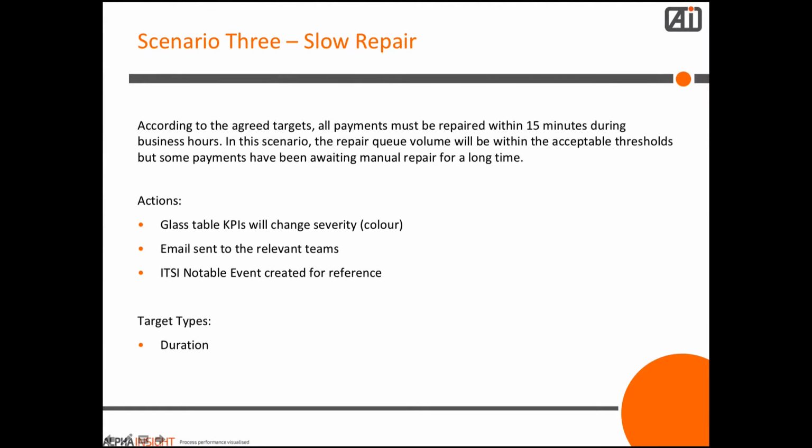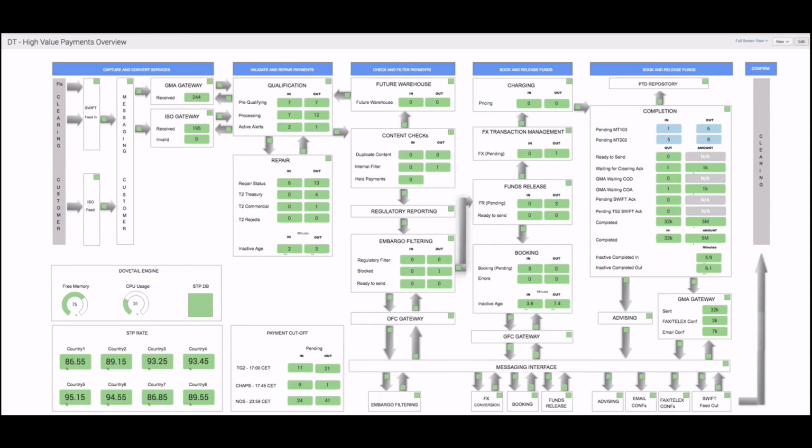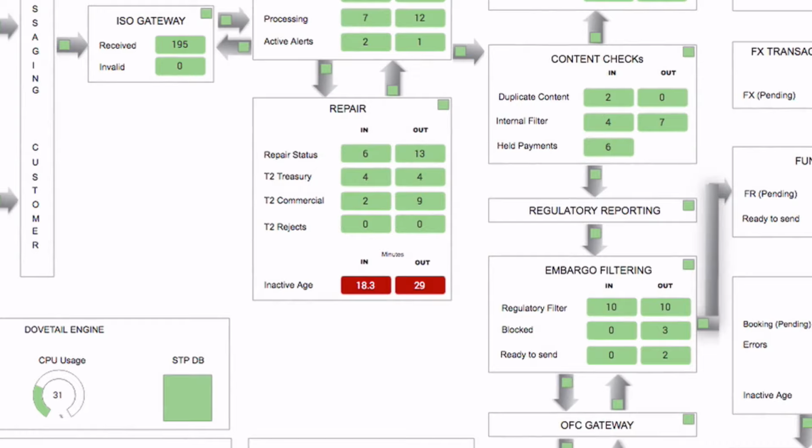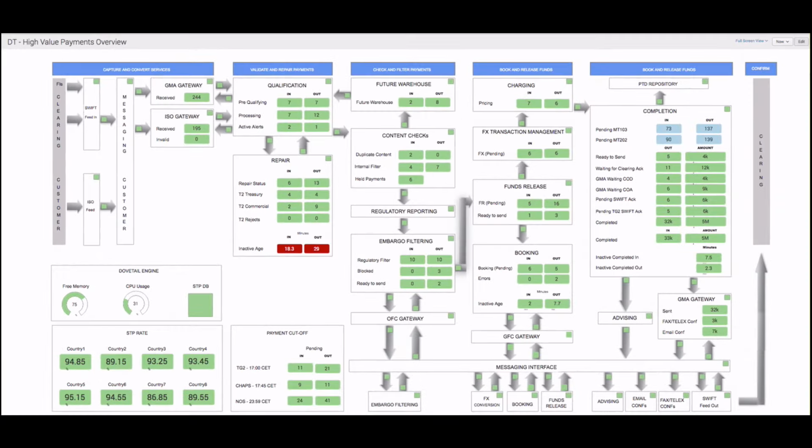Scenario 3. Slow repair. According to the agreed targets, all payments must be repaired within 15 minutes during business hours. In this scenario, the repair queue volume will be within the acceptable threshold, but some payments have been waiting manual repair for a long time. Payment processing is progressing normally, at an average speed, when the glass table displays a red alert for some items